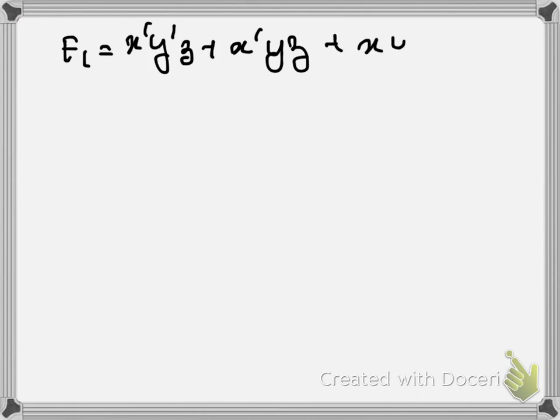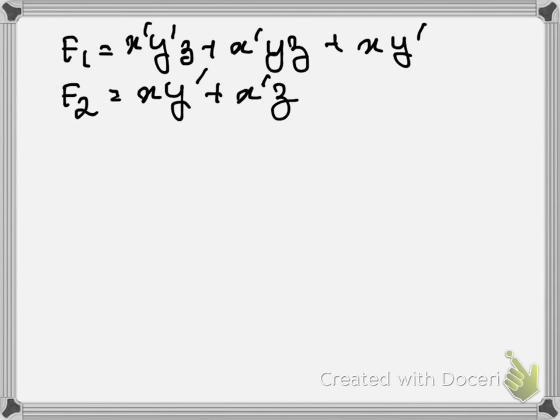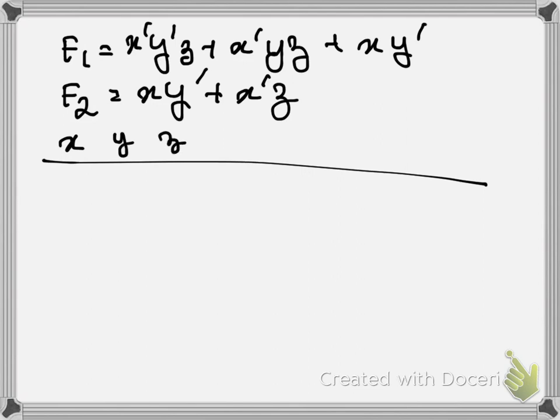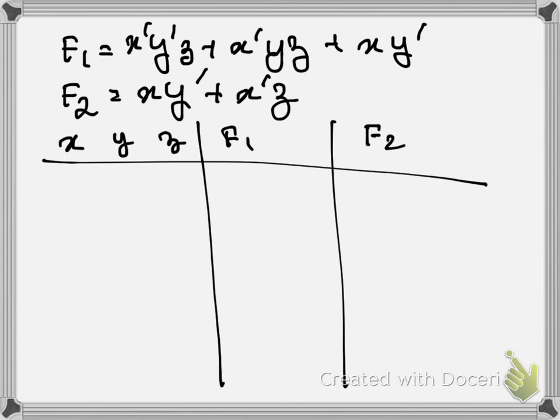f1 is a function. It is written as x' y' z + x' y z + x y'. And f2 is another function which is x y' + x' z. If you try to put these two functions in the form of a truth table, with x, y and z, you have f1 here and you write f2 out here. So 0, 0, 0, 0, 0, 1,